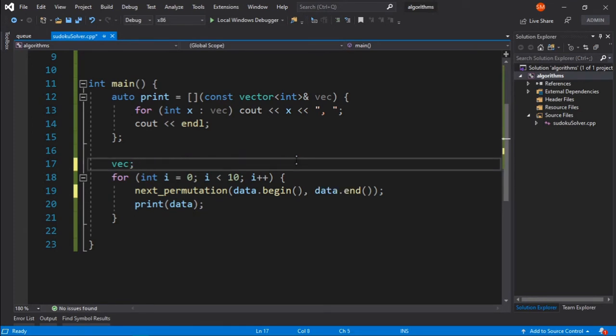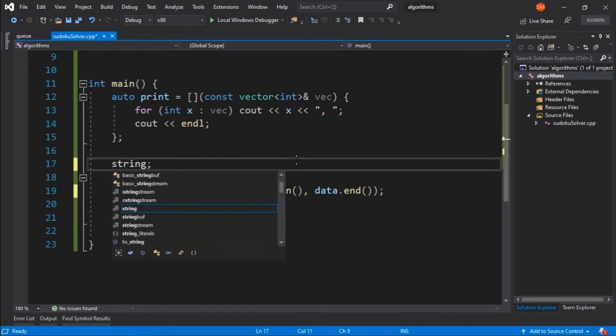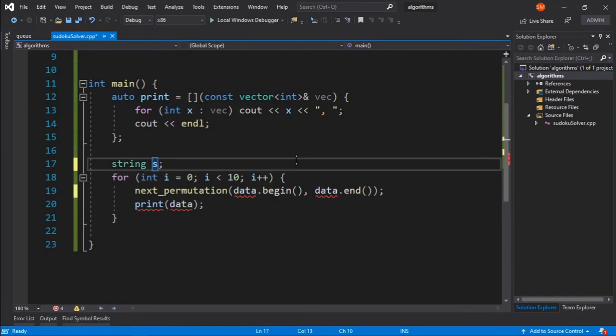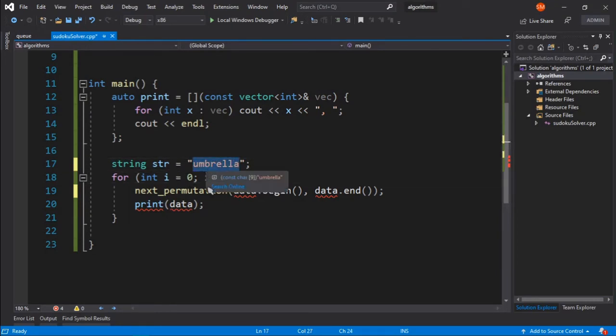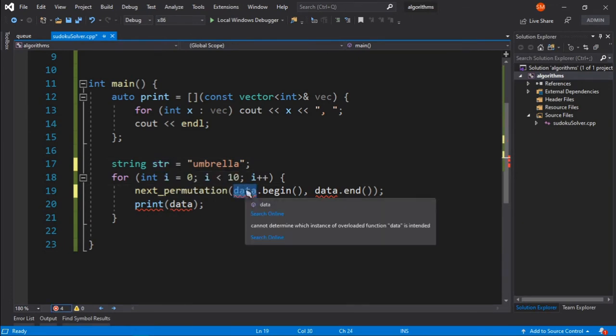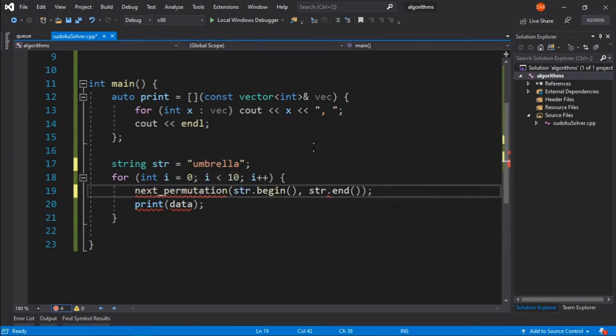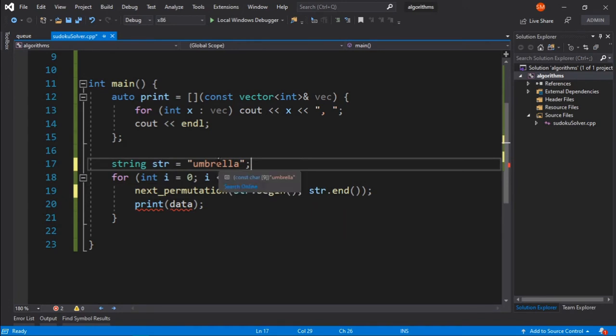So let's say string, and I will call it str, and it holds something like umbrella. And what I want to do is I want to simply print all the permutations of umbrella. Okay, this string here, I want to simply write a program that will print all the permutations of umbrella.